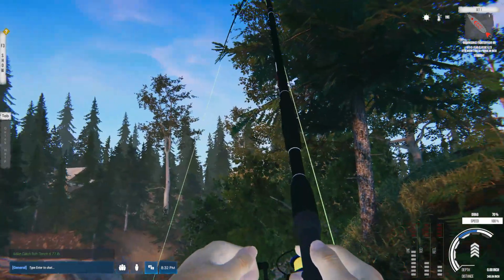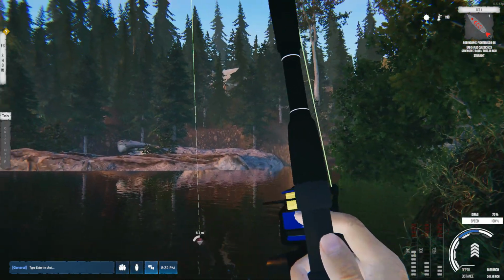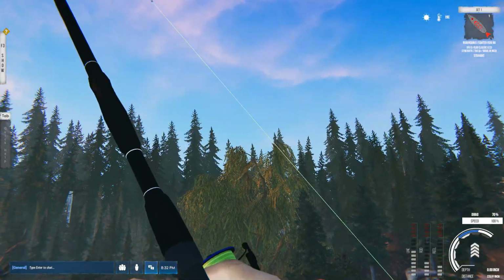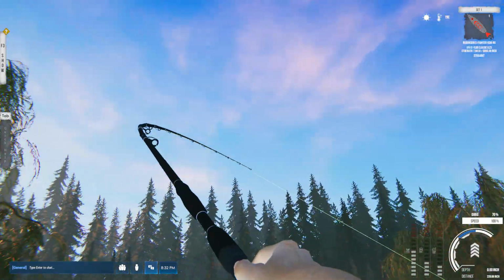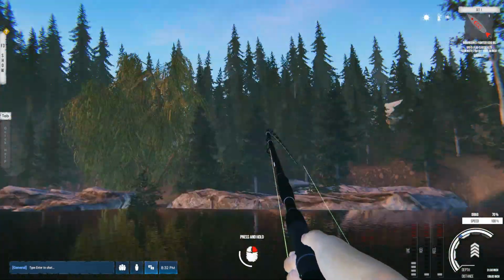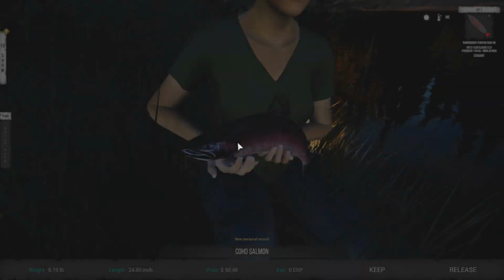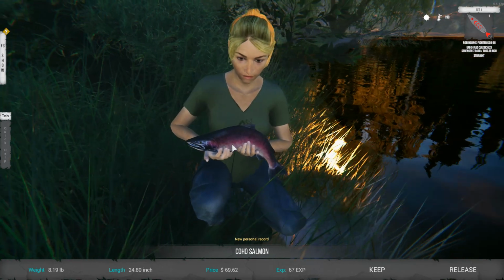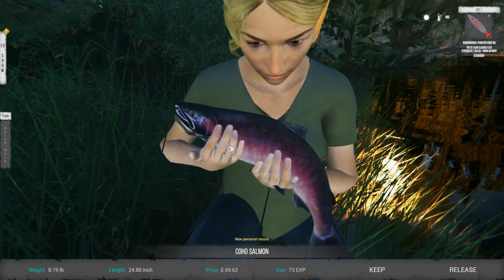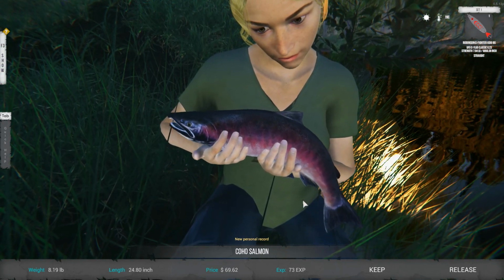Yeah, this is where the money is. And you can move a little bit forward, unlike any other spot, and you don't have to worry about falling in the lake. There we go, we got him. There he is. That's a coho salmon, not a sockeye. 69.62 cash. Very nice. And I think I completed a mission on...